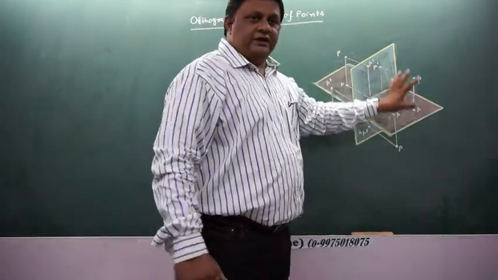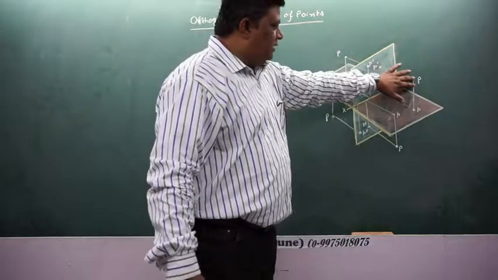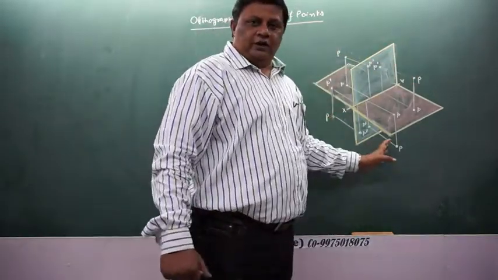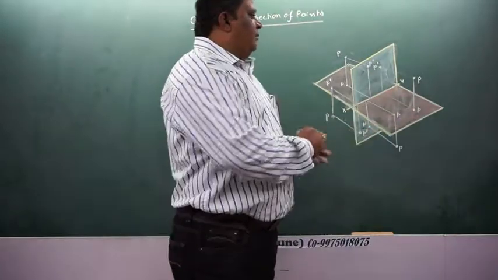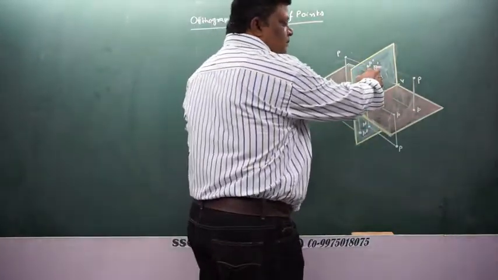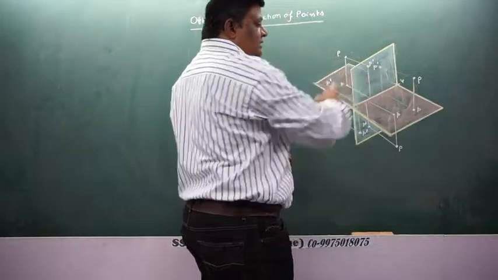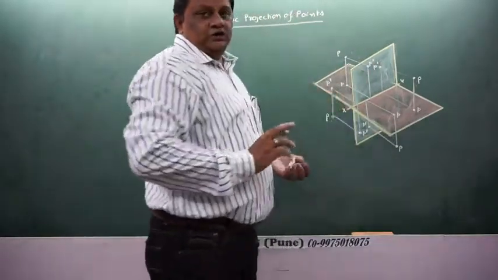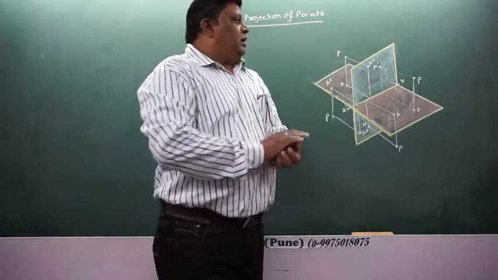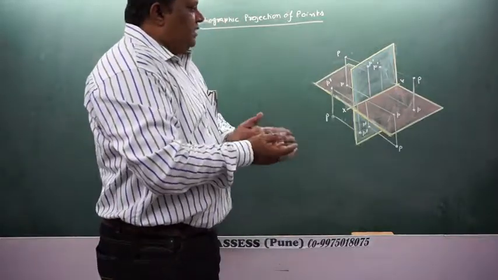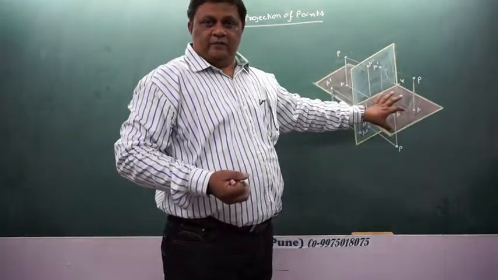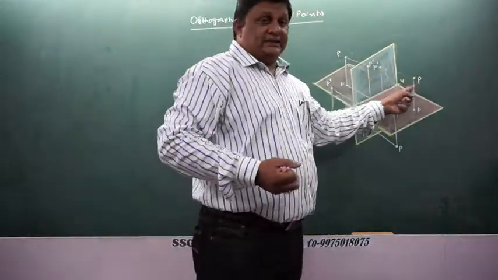All these things we have seen. Now let it be the first quadrant, second quadrant, third quadrant or the fourth quadrant. In all the cases, my front view is always on the vertical plane, whereas my top view is always on the horizontal plane. Clear? Now today what we are going to see is what happens with the distances when these points are kept out there. Although this point is not existing.